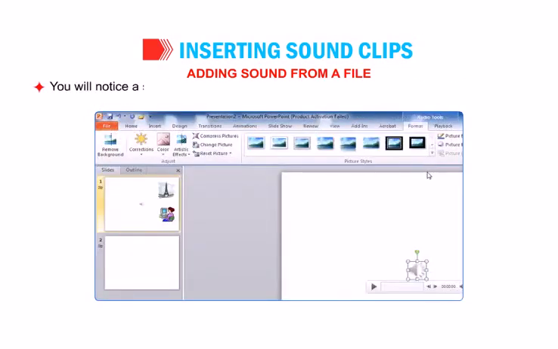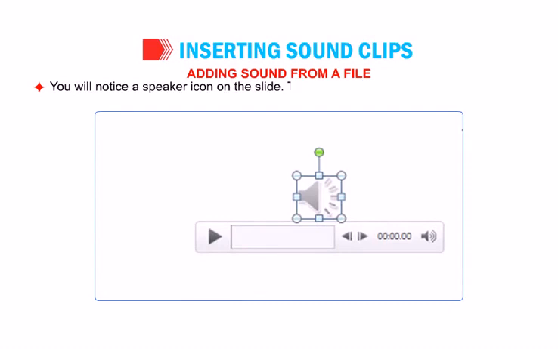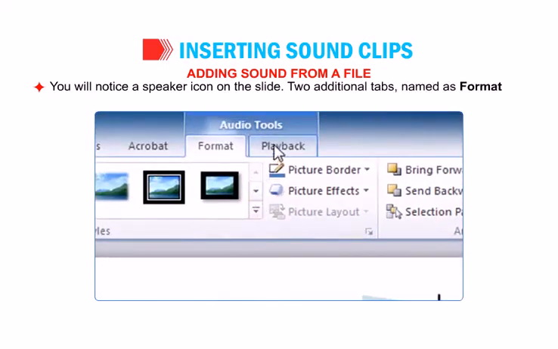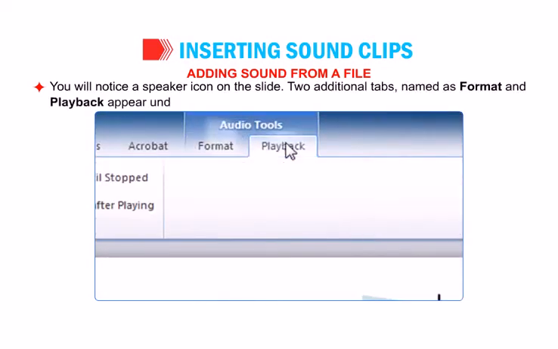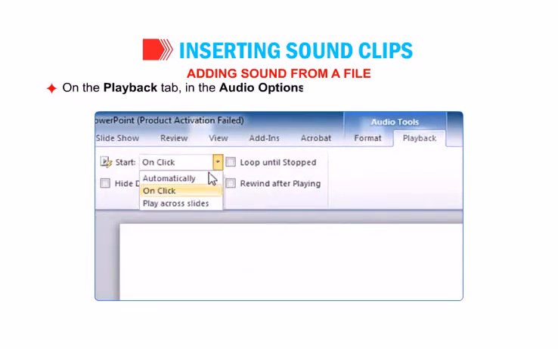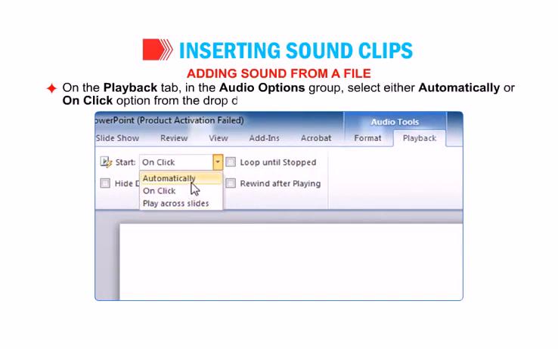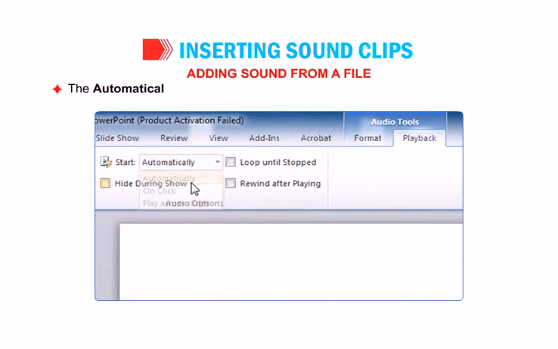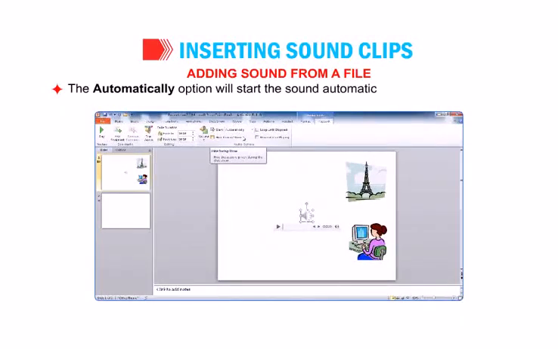You will notice a speaker icon on the slide. Two additional tabs named Format and Playback appear under the Audio Tools tab on the ribbon. On the Playback tab in the Audio Options group, select either Automatically or On-Click option from the drop-down list of the Start field. The Automatically option will start the sound automatically as soon as the slide appears in the slideshow view,